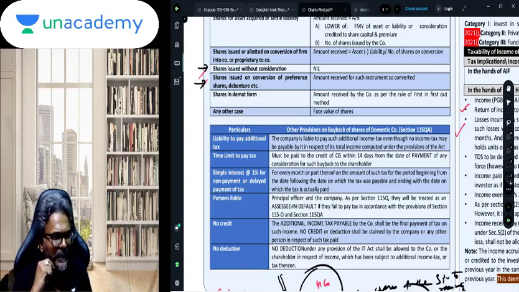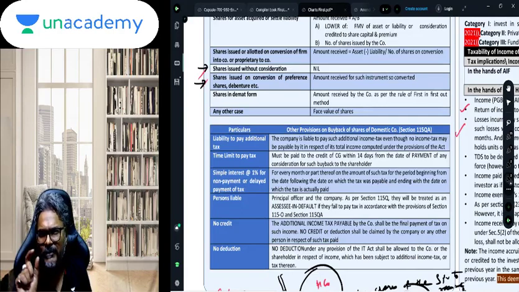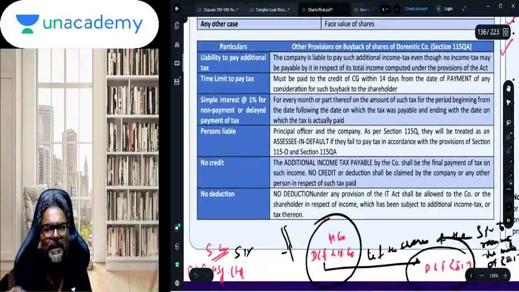So this is not like your income tax, this is an additional tax, and therefore when this additional tax the company needs to pay, they need to make the payment, students, within 14 days from the date when they made the payment to the shareholder. When they made the payment to whom? To the shareholder. So within 14 days from that particular date, they need to make the payment to the government